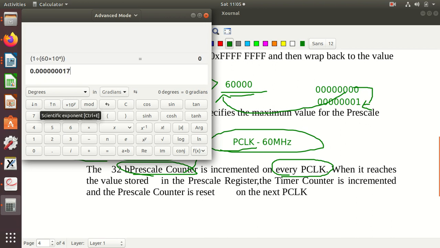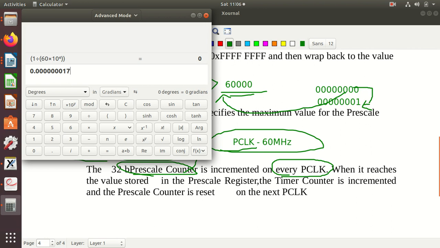Okay. So 1 by 60 megahertz, what you guess is, this is what? So this amount of time, maybe 1, 2, 3, 4, 5, 6, 7, 8, 9. Okay. So you have 0.7017, that amount of timing duration for every this amount of time.